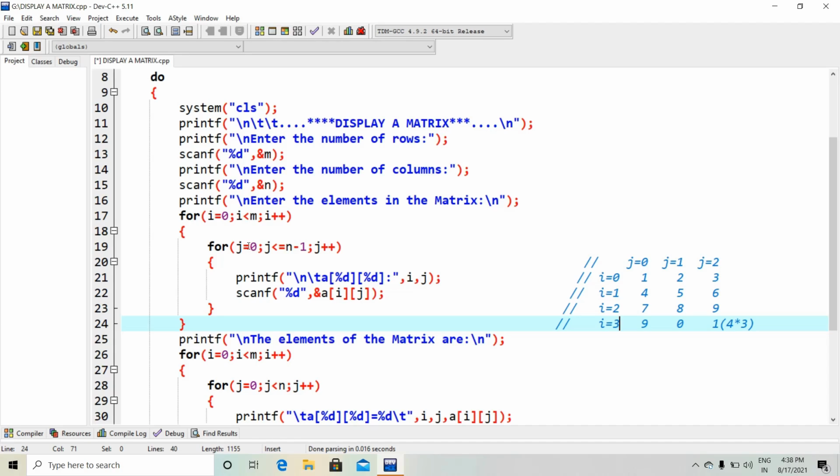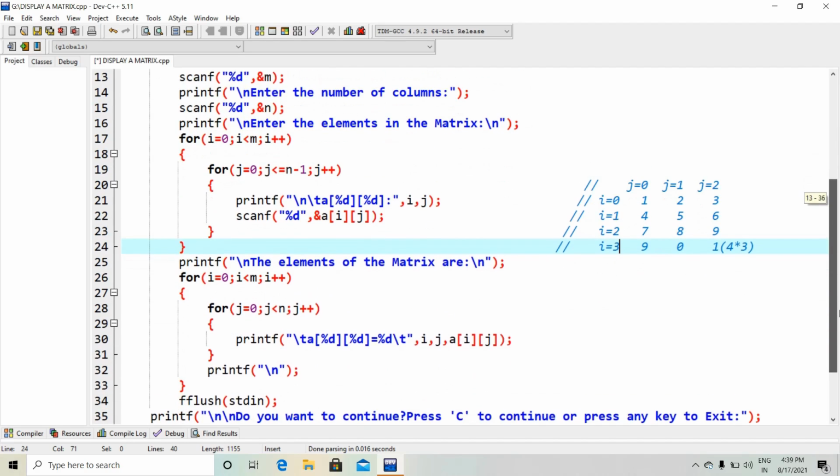Then when i is 1, it will print a10, a11, a12. Then i is incremented again and it will print a20, a21, a22. I think now this is clear. And it will scan a of i and j, a of ij. So this is the part for taking the array elements from the user.